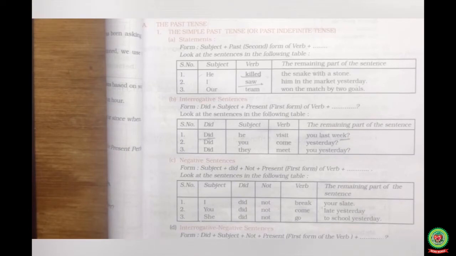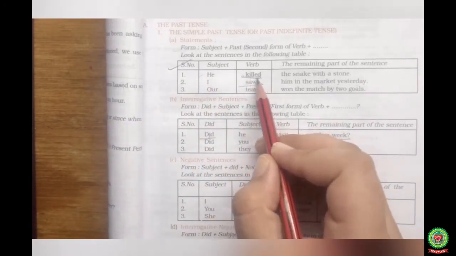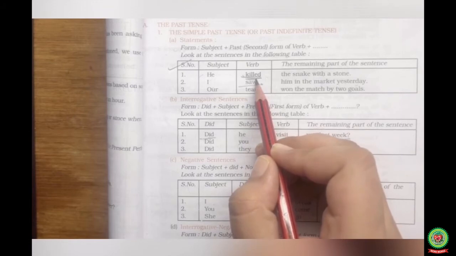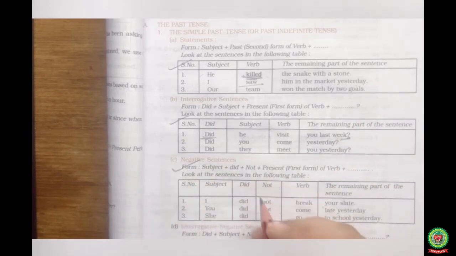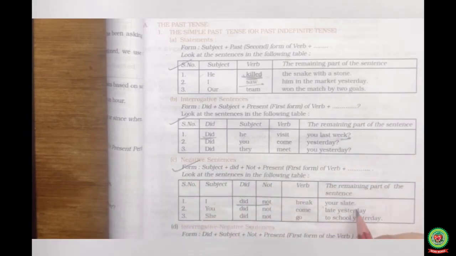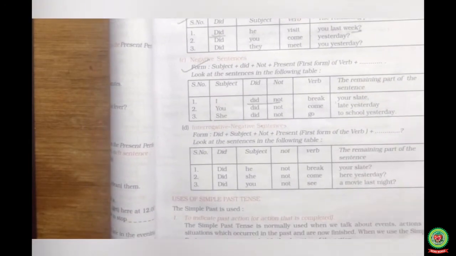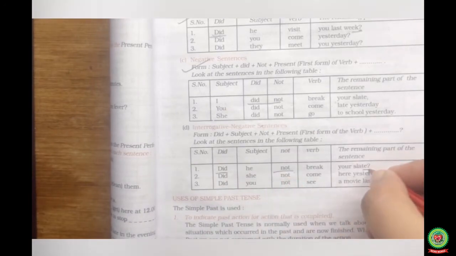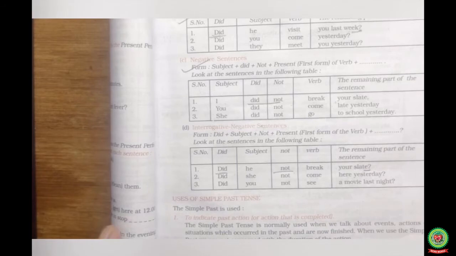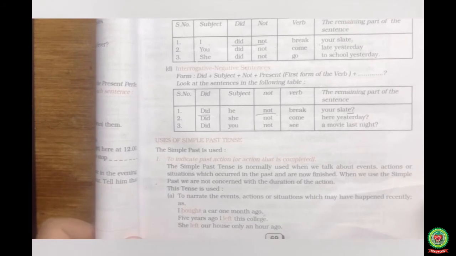So here you will get the examples which I have just explained to you. The simple sentence: killed, the past form. Interrogative: did comes first, and a question mark. Negative: did not, and at last you have to write a full stop. And in interrogative negative, did will be here, not will be here, and at last a question mark. So now the main portion of the chapter that we have to focus on is